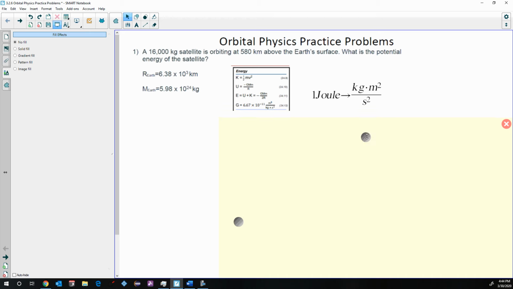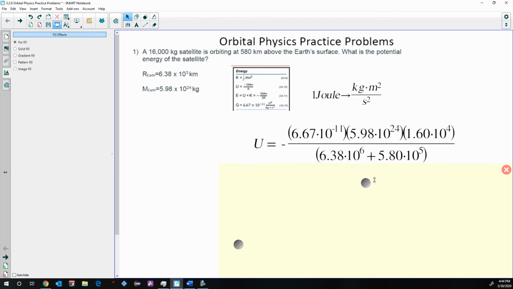So let's go ahead and take our values and put them in there. Our U, our potential energy, is equal to negative 6.67 times 10 to the negative 11th, times 5.98 times 10 to the 24th, which is the mass of the Earth, times 1.6 times 10 to the 4th, which is the mass of the satellite, 16,000 kilograms. We didn't have to do any conversions up there. But on the bottom, we have to get our total